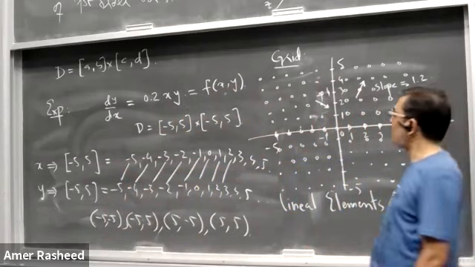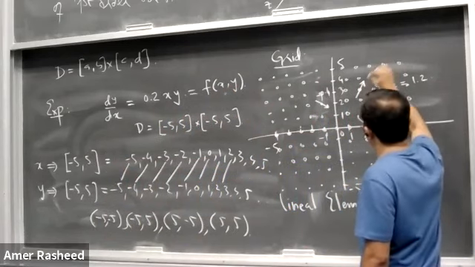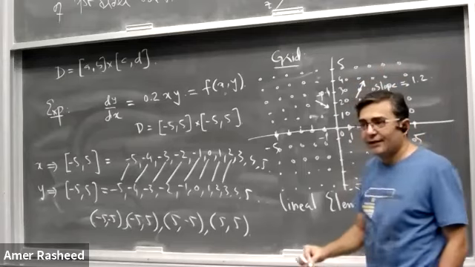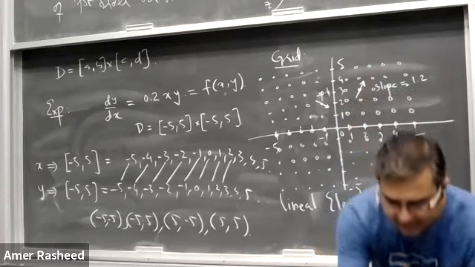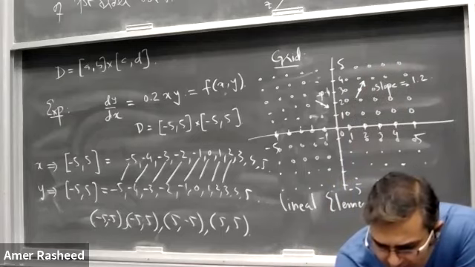For example, you compute these Lionel elements on all these grid points, and you can see in my notes,